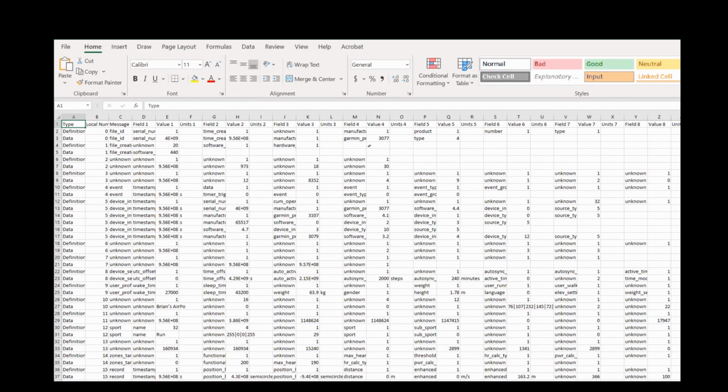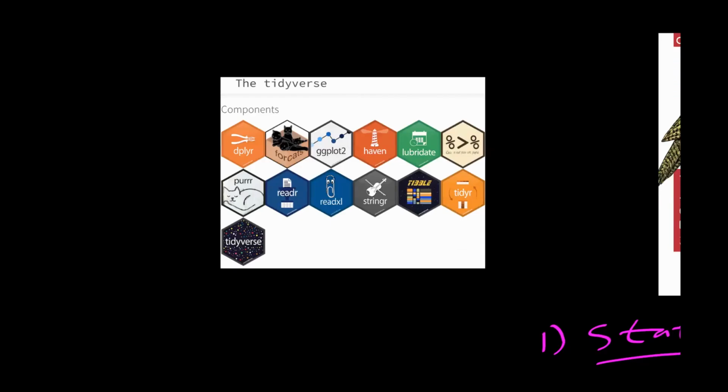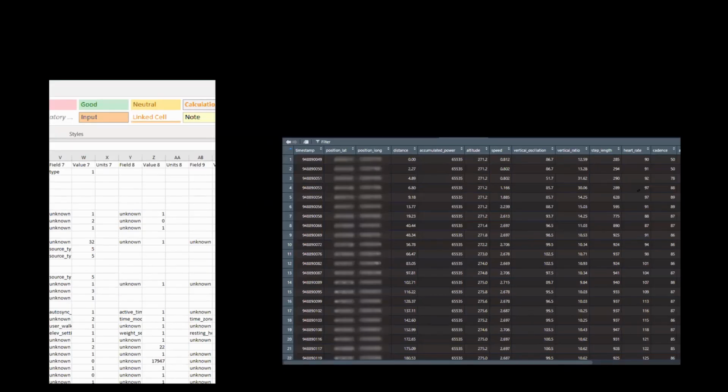And what you're looking at right now is something that is very not tidy. This is raw data output from a wearable sensor that I'm using for some research. And you can see it's a colossal mess. We have different variables stored in the same column, and we have observations spread across over here and over here and over here. And the tools that you use, maybe pandas in Python or the Tidyverse packages in R, a lot of them are geared towards taking your ugly data and importing it, cleaning it up, and tidying it so that